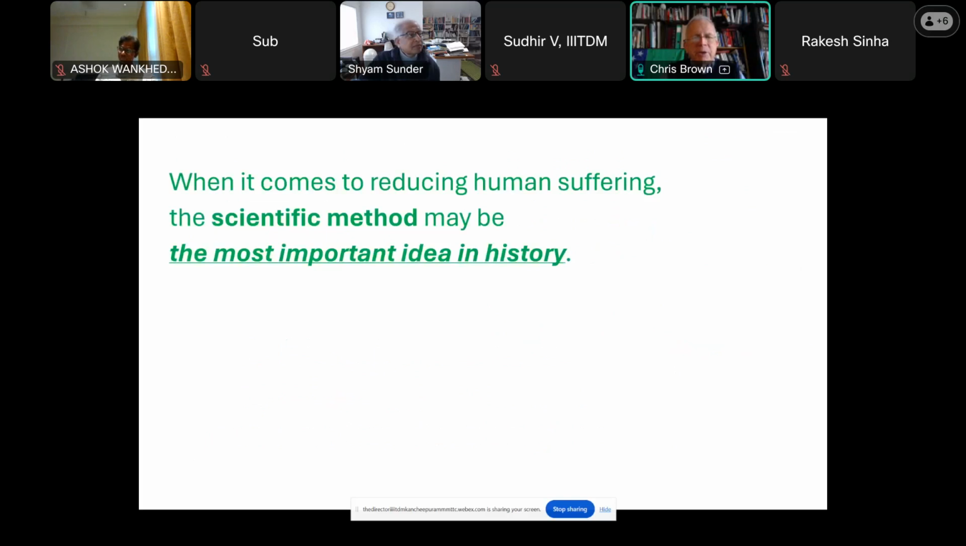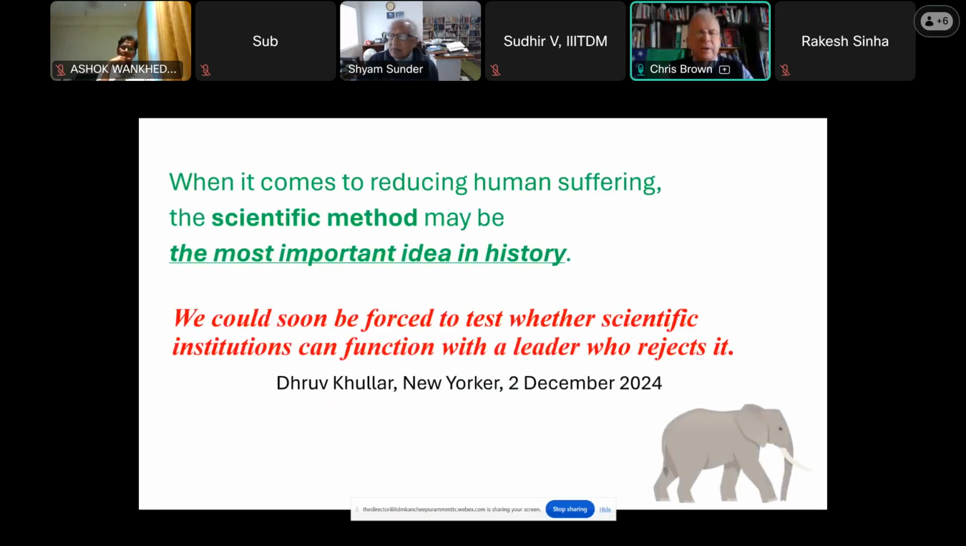And then this notion that when it comes to reducing human suffering, the scientific method may be the most important idea in history. And we are now testing to see how we can survive and function with a leader who